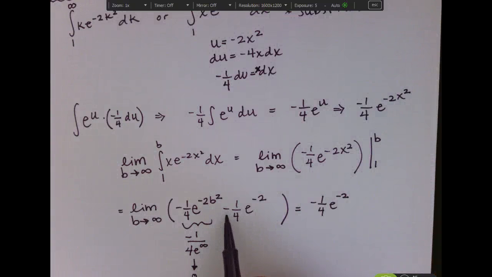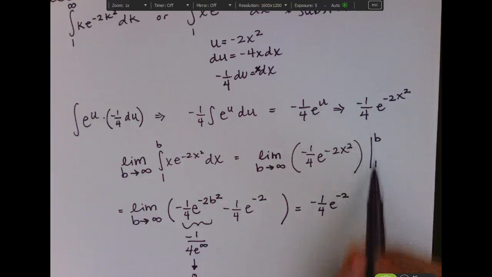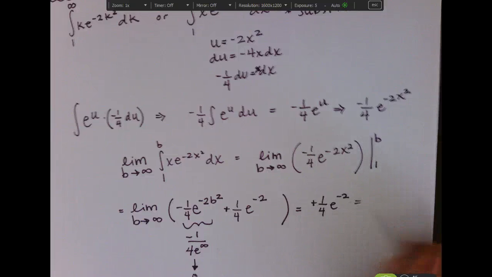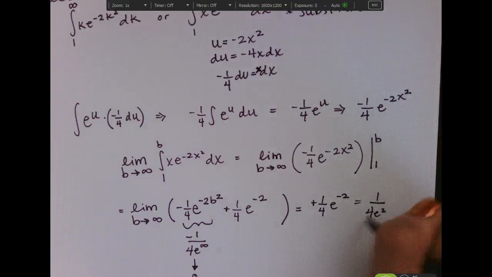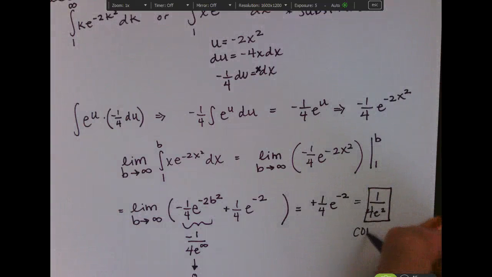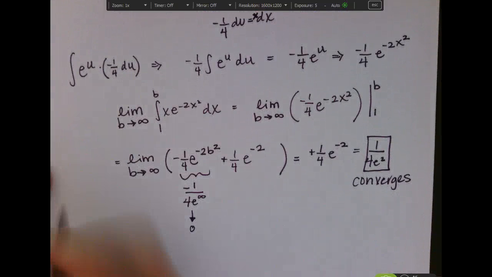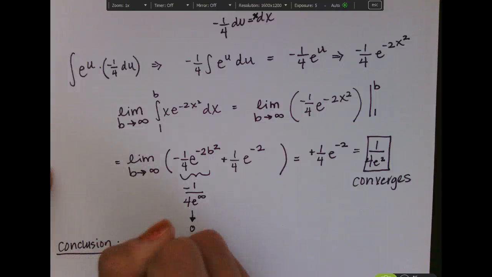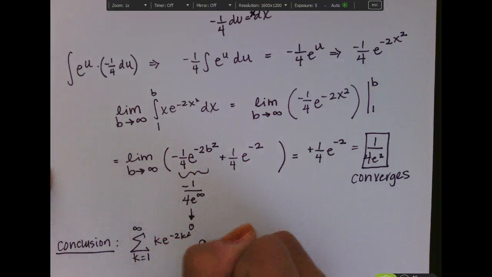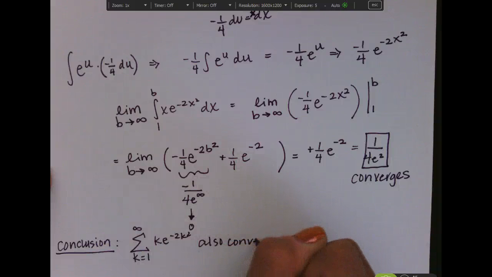I just realized I had made a sign error here. When I was plugging in my limits of integration, I need to minus a negative, making that a plus. So anyway, 1 over 4e squared is the answer to the limit, which means that that improper integral converges. And so our final conclusion is that our infinite series, k from 1 to infinity, also converges. We don't know what it converges to,